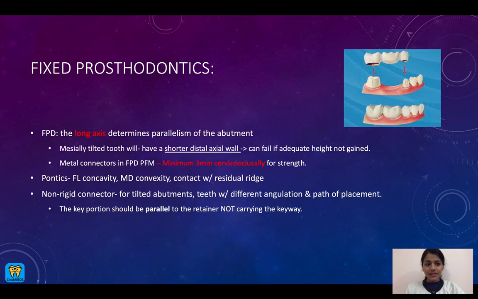So let's begin. So for fixed prosthodontics, the thing which we should know, the FPD, which is fixed partial denture, the long axis is the one that determines the parallelism of the abutment. Meaning on the long axis of your prep, that's going to determine the parallelism. And it's not that important when it comes to one single crown, but it holds in significant